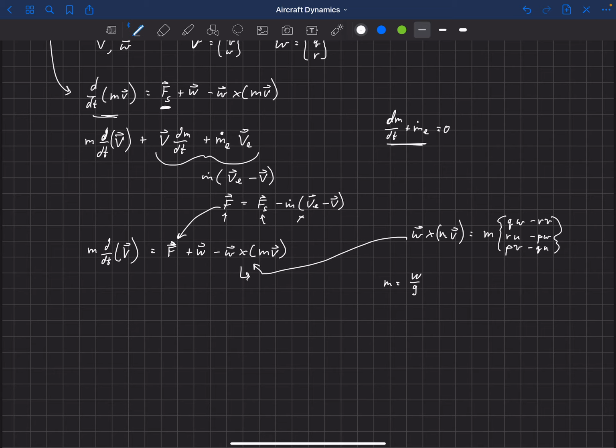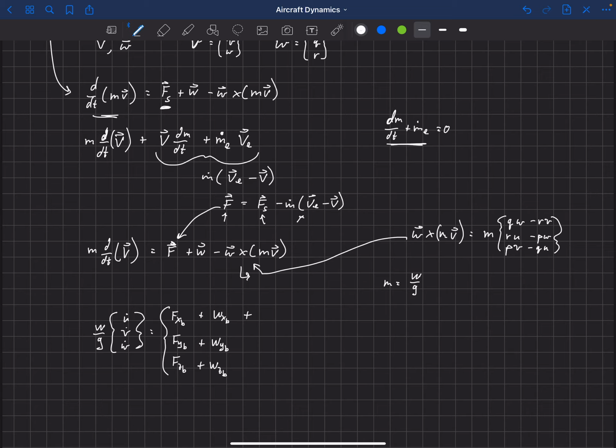Okay, so the final version of this equation, what we get is W over g times U dot, V dot, W dot. So that's a change in velocity with respect to time, right? So this is U, V, and W, but with the change with respect to time, so we're going to put a dot above those. And that is equal to, now I'm going to break out my force vector. So it's the force in the x direction, the force in the y direction, and the force in the z direction. And again, that includes the thrust force, plus the weight in the x direction, the weight in the y direction, and the weight in the z direction.